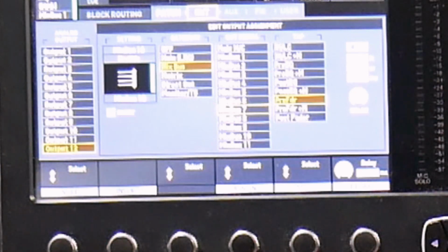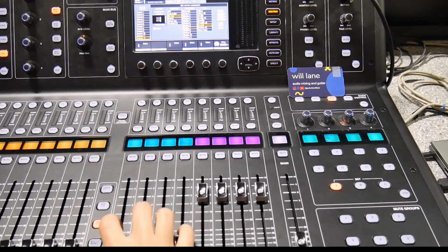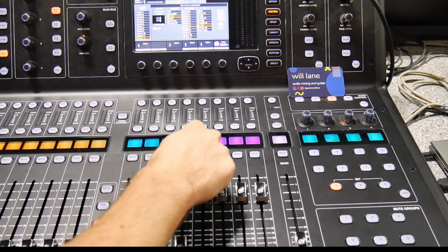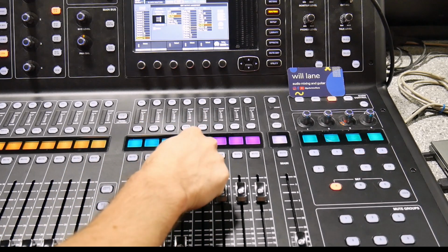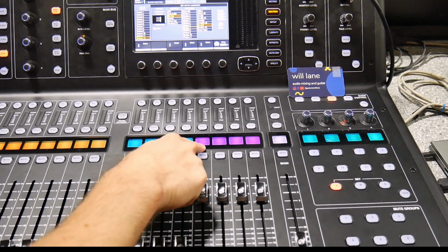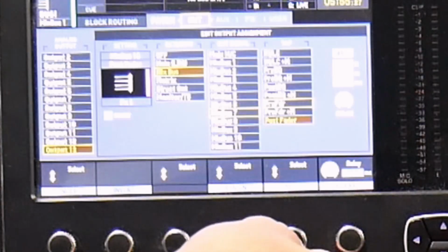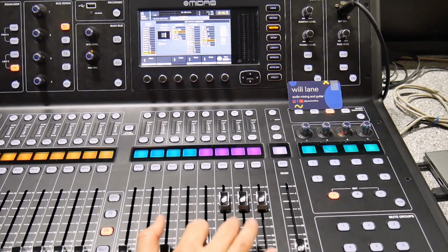All the way down. So up to 12 is now pre-fader, we can leave these down. For 13, let's say we want to sacrifice this effects and we want to put in a wired in-ear. So let's say we'll put in a wired in-ear right here. Again, we'll put that on pre-fader, turn the fader down,